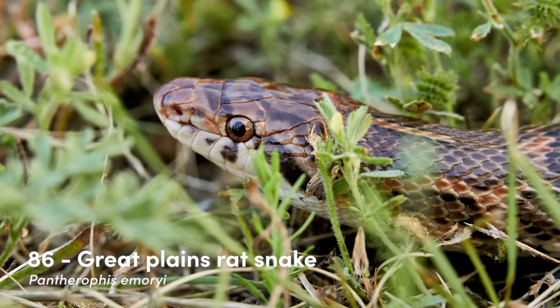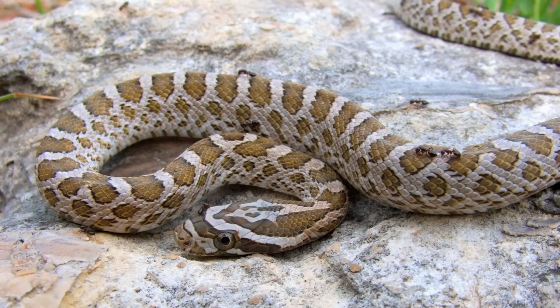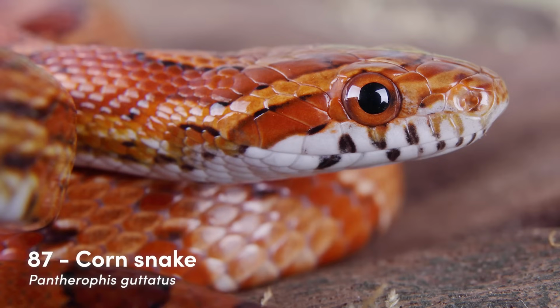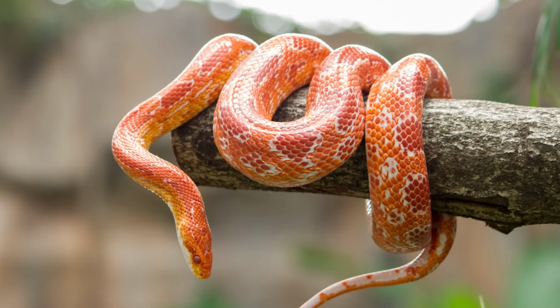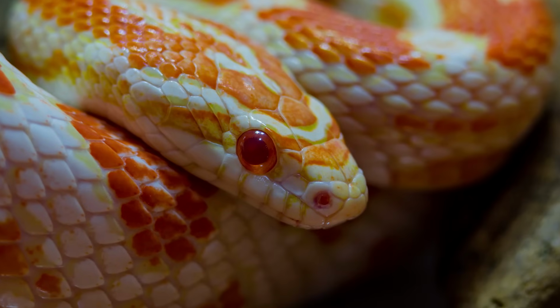The Great Plains rat snake is a species of New World rat snake found in the grasslands, forests and semi-arid regions of the United States and Mexico. They survive primarily on rodents and sometimes chickens, and can often be found next to farmland. The corn snake is one of the most well-known snakes in the United States. It is often mistaken for the highly venomous copperhead. Their skin is a spectacular mix of reds, oranges and whites, and like the Honduran milk snake, look particularly captivating